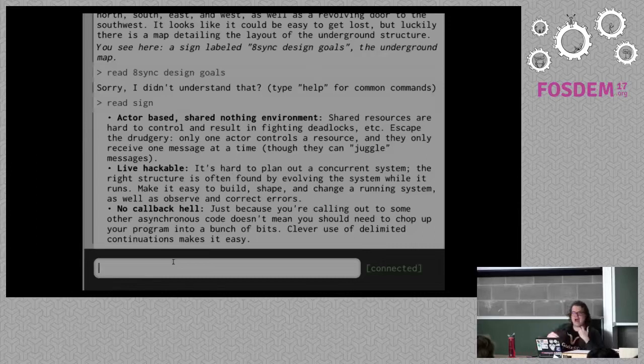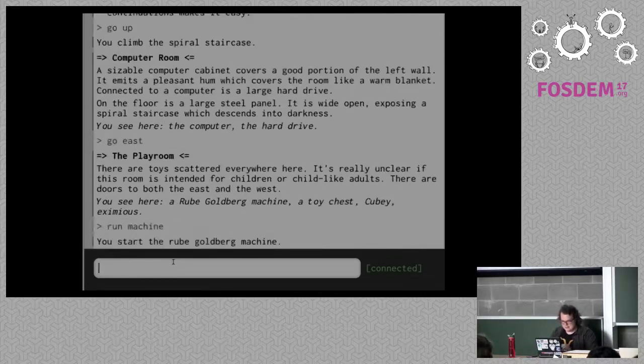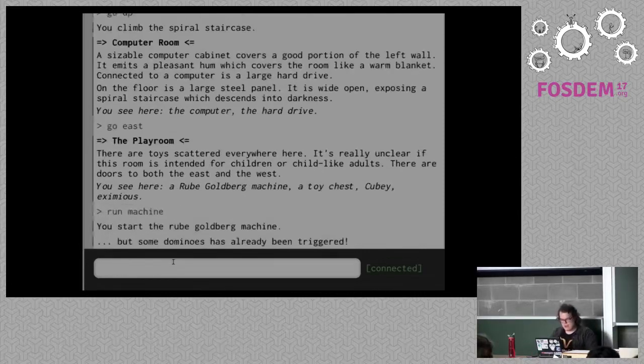So if I go up, go east, run machine. I don't know why I went all the way up here just to show this. Yeah, a simple example would suffice. But right, when I'm sipping the tea, nothing's actually accessing that tea number or interfering with it. I'm sending a message to request that it be decremented or something like that. But the actor itself is handling that. So you won't have those kinds of collisions. Oh yeah, I forgot to reset the machine anyway. Whatever, I'm out of here.